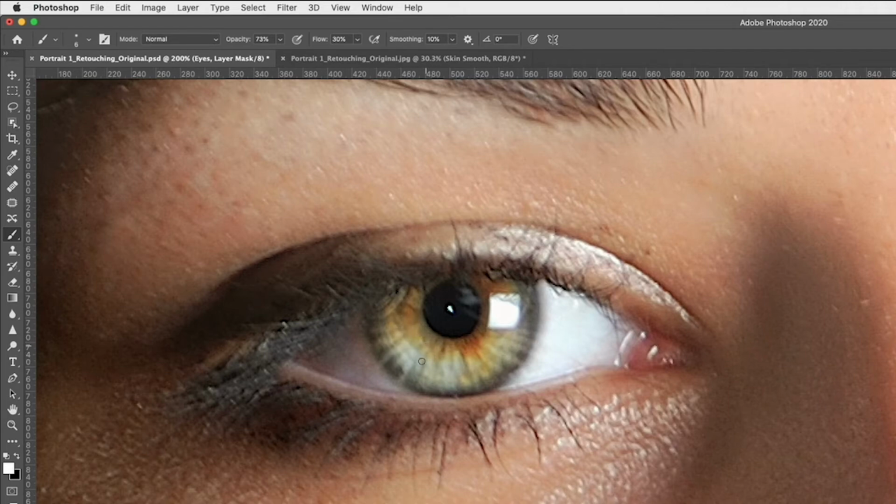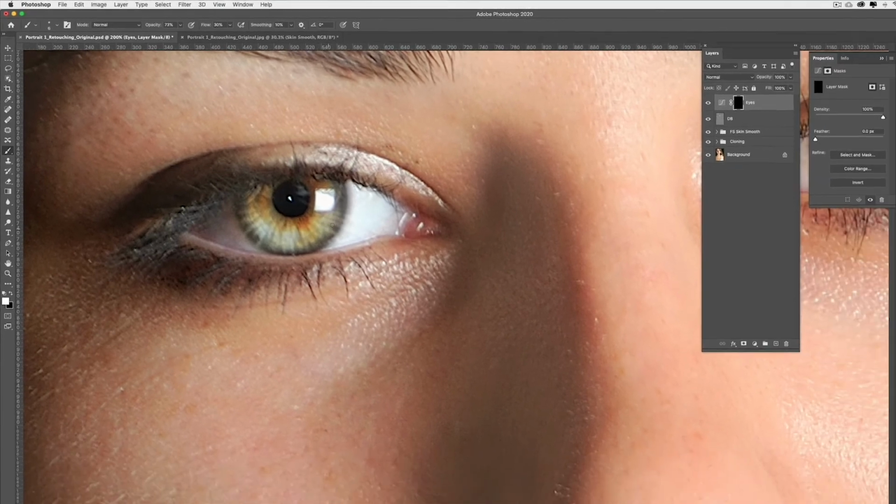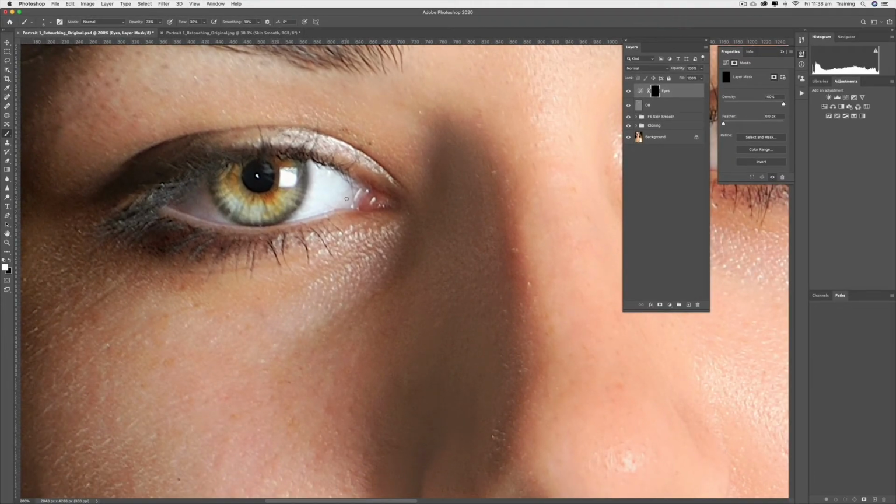I can always paint these back out. Okay, so now that I've added a little bit of highlight there, if I turn that layer off, we can see that's where it was. This is where it is now. And then if I want to soften the edges that we've got around the iris here,